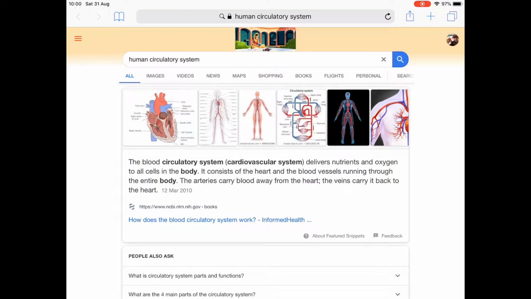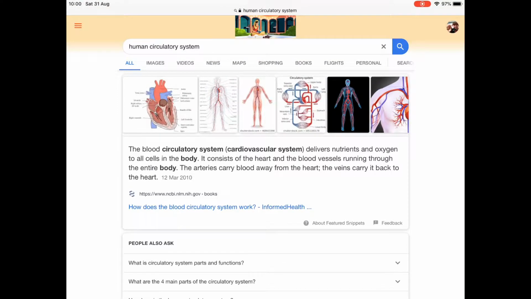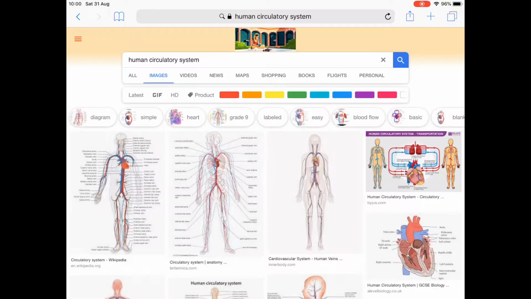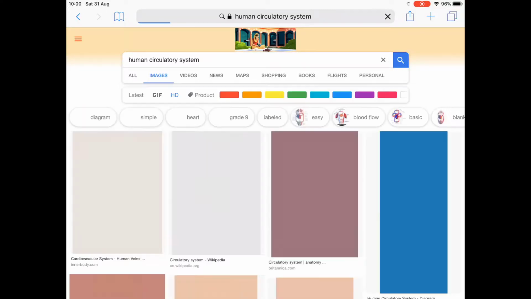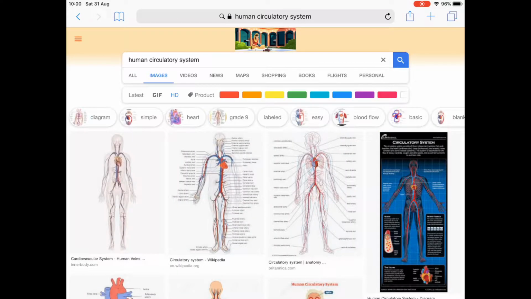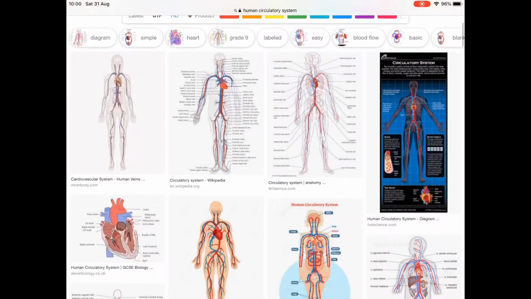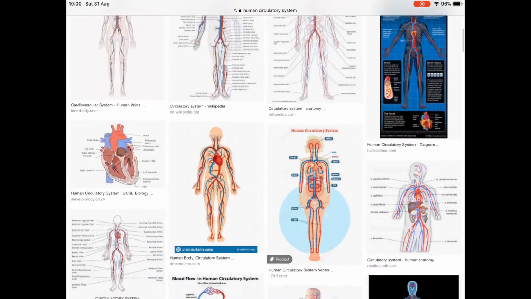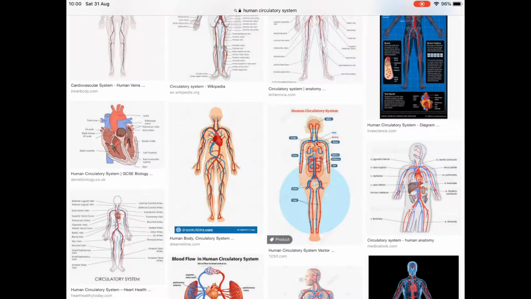Okay, the first web search is going to bring up a load of information. You can maybe use that in your research, but we want an image, so click on images up the top. Next thing I would suggest you do is go for a high quality image, so click or press on HD, and that will give us the high definition images. Look for an image that you want to use in your video. I'm going to choose this one here,